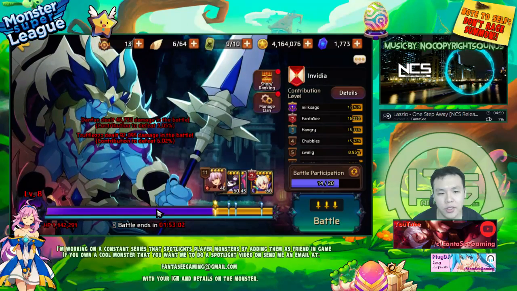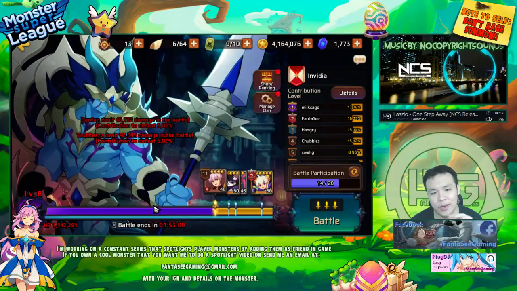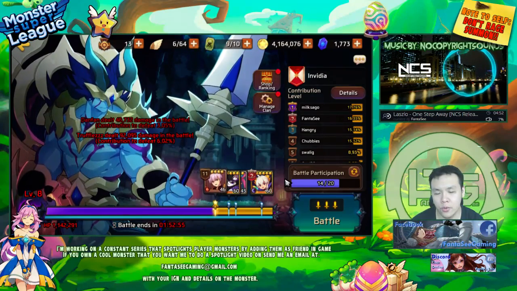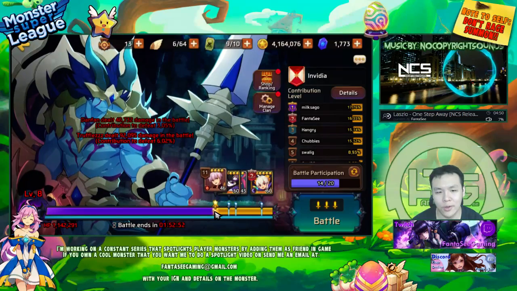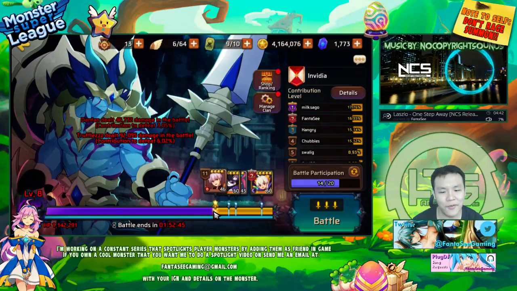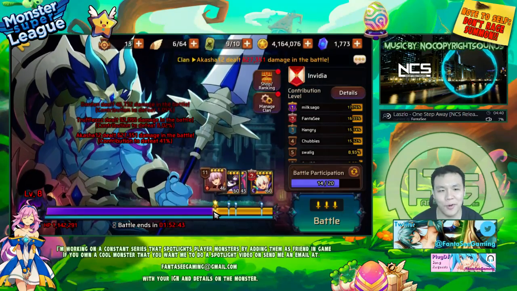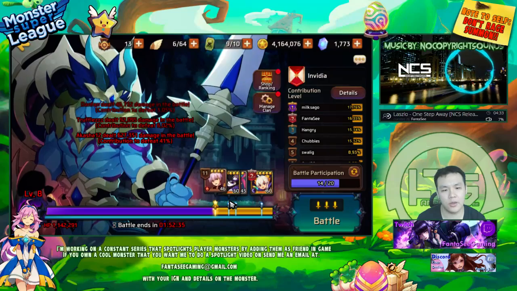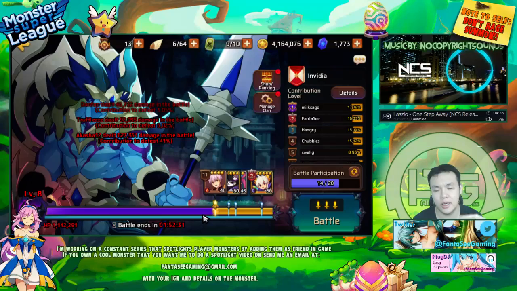So first things first, before we go into the actual fight, the way the system works is you have your guild go in and fight the boss. If you've ever played Summoner's War, it's very similar to the world boss system. Basically, you go in and deal a set amount of damage, and that damage counts towards contribution. I think the ranking is based on the damage you have dealt to the boss,